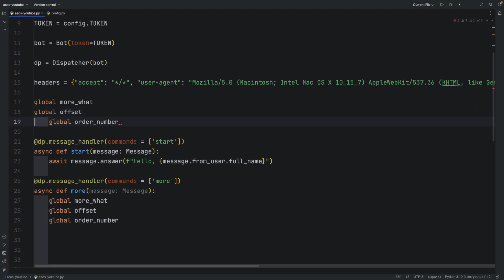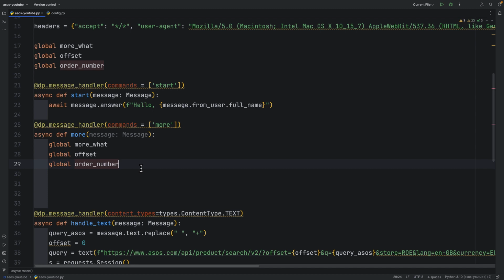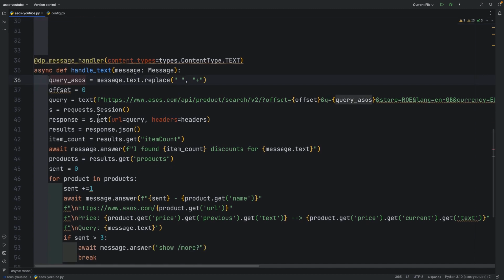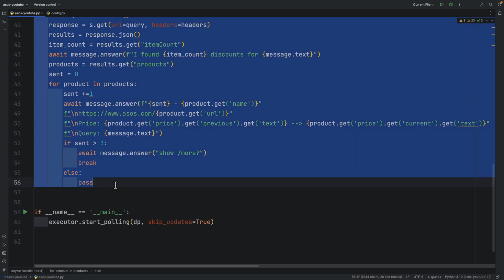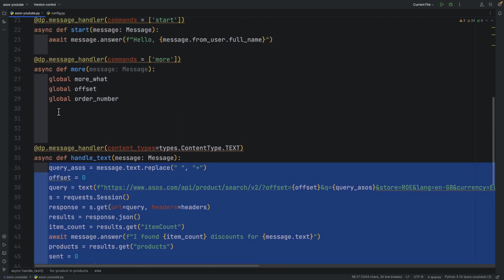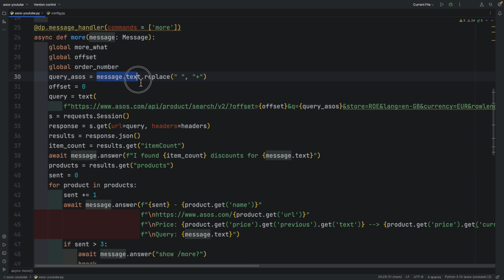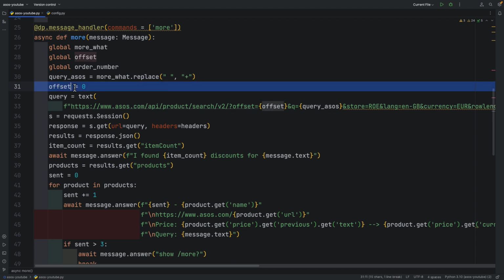So I'll copy and paste the code just below our headers dictionary. The more function will essentially repeat the same actions as before, but with an offset increased by 4 products that have already been sent. So I'll copy the code we've already written and place it inside the more function. In this case, we'll get the query from the more what variable. The offset value is already available as a global variable, so I'll remove it.